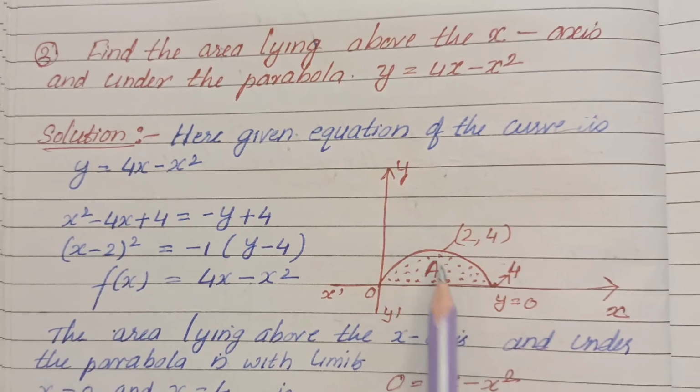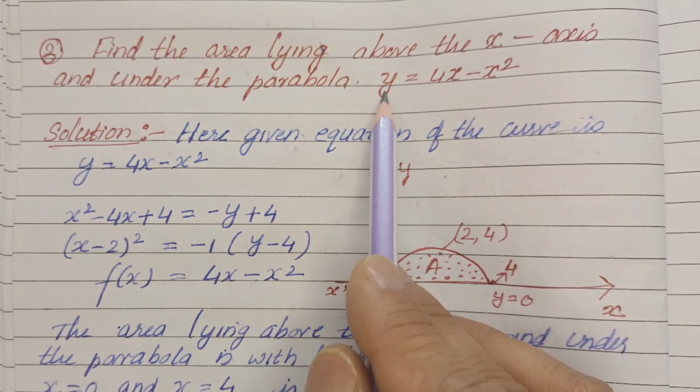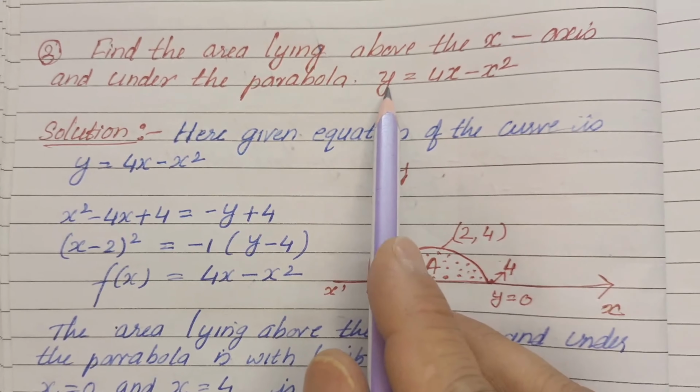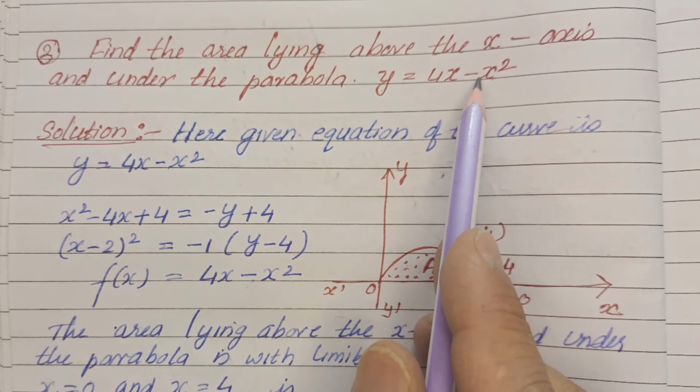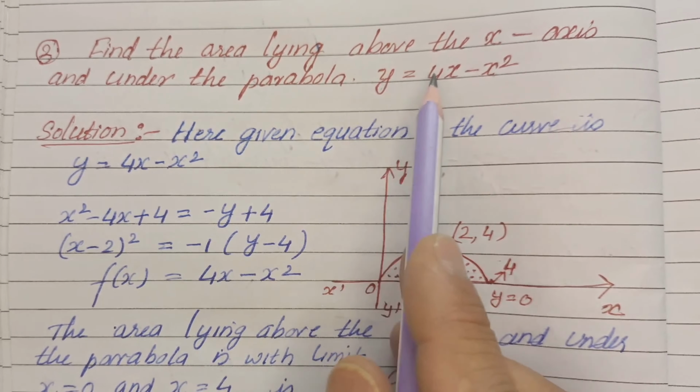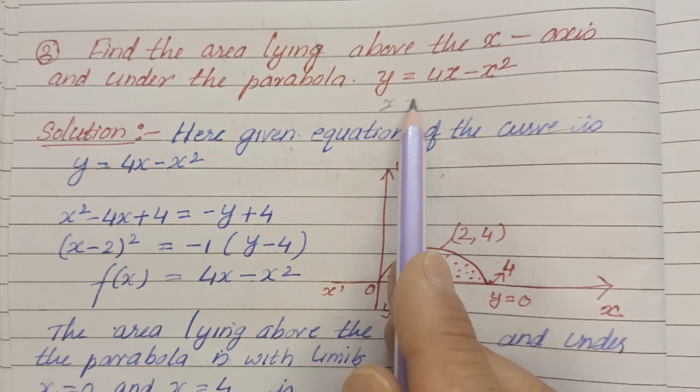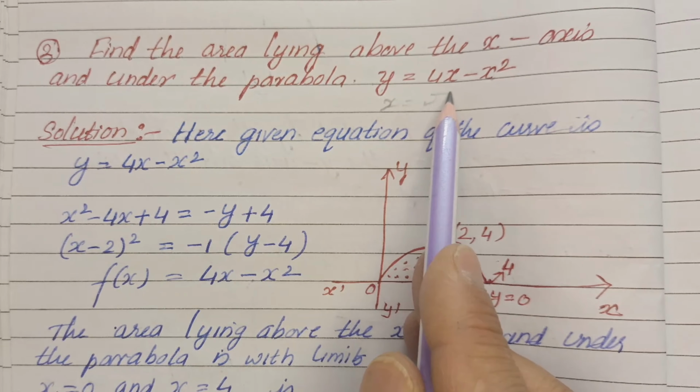Now how did we get this graph? Let's see. When I'm putting y is equal to 0, that means in this line I'm trying to predict what happens to x when y is equal to 0. X becomes, let's see, this x comes to this side, and it becomes x is equal to root of 4, let's say 4x.